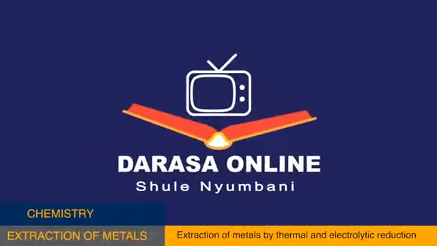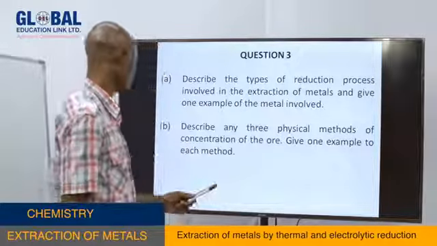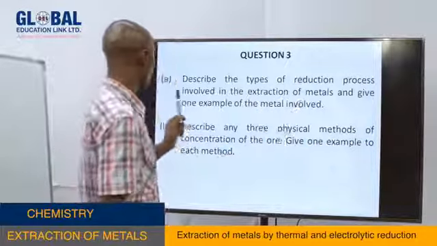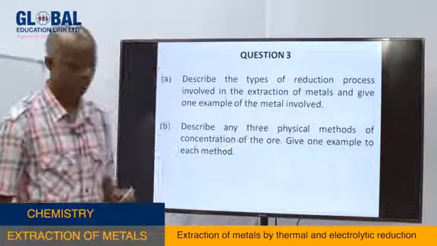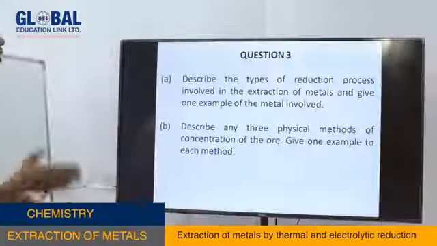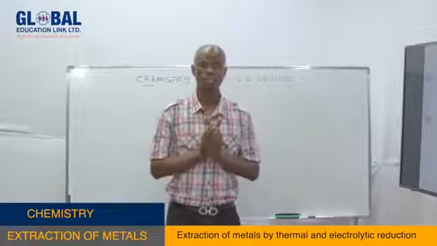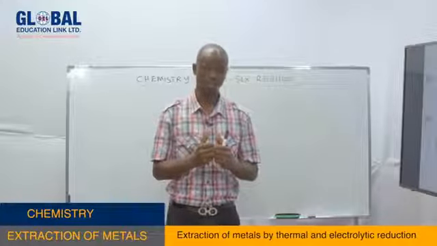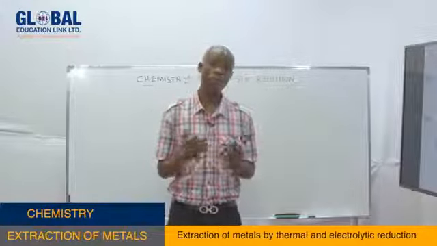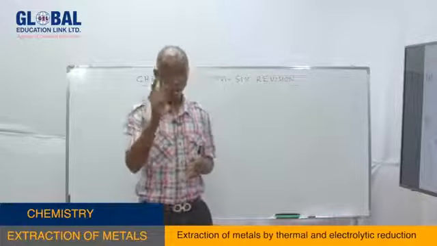You are watching Darasa Online. Question number 3A says, describe the types of reduction process involved in the extraction of metals and give one example of the metal involved. Now, my dear student, that is also another simple question that you can meet with. Here, you are told to describe the types of reduction process. Now, if we were together, and I hope so, in the presentation, we have discussed the methods of reduction, about 6 different methods. This method of reduction depends also on the reactivity of the metals sometimes. For example, number 1, if you remember well,